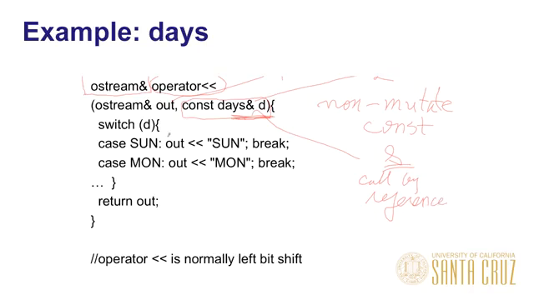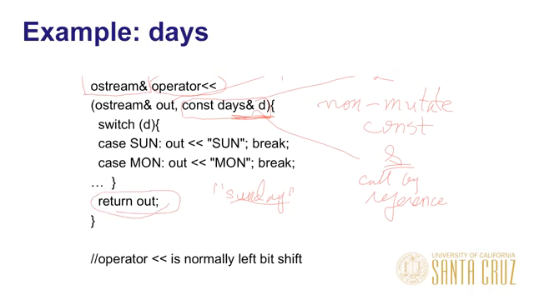And then you can see the semantics are very simple. We use a switch statement, and again, this is idiomatic for a switch statement. We do a case, since these are an integral type, enumerators are integral types. Case of Sunday lets us print out the string sun. Alternatively, if I wasn't lazy, you might have liked to print out the full name. And once you get that case, this is the assignment to out, and then this is what you return. You return the output stream as the value